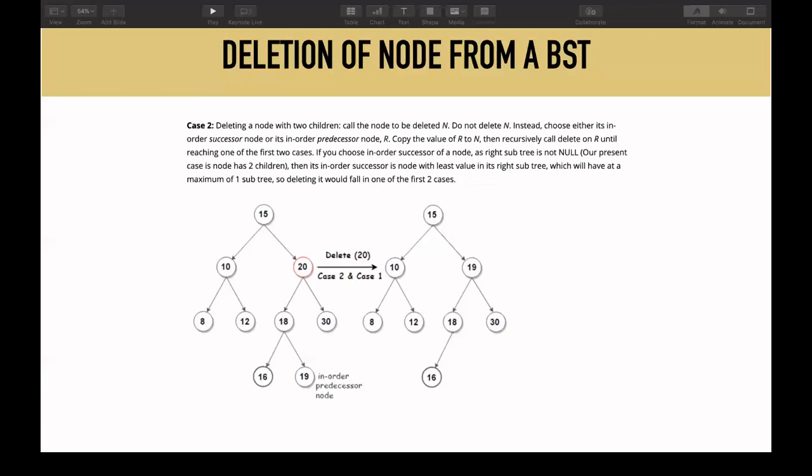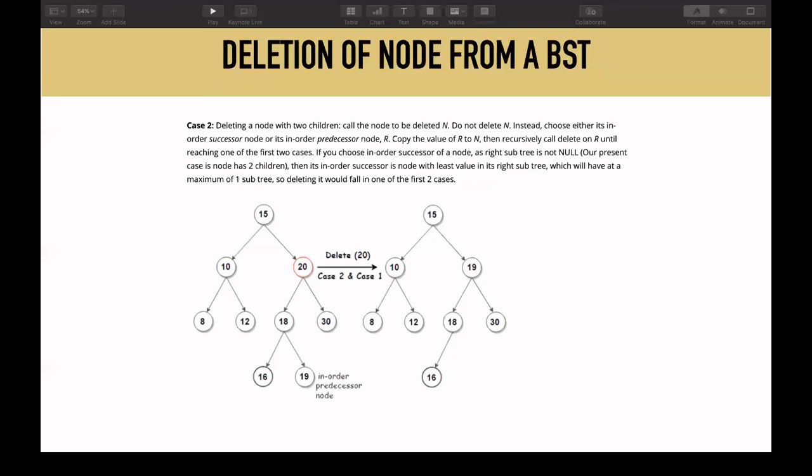But in case of the left subtree, since I chose the largest value among all the different nodes present in the left subtree and replaced 20 with that value, after that replacement, the nodes which are now present in the left subtree will be lesser than 19 because I chose the largest value in the left subtree. So after replacing 20 with 19, all the nodes that are now left in the left subtree will be lesser than 19, and my binary search tree property holds. So this is a possible way in which I can delete this node.